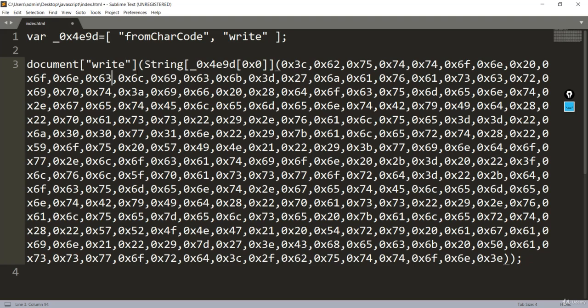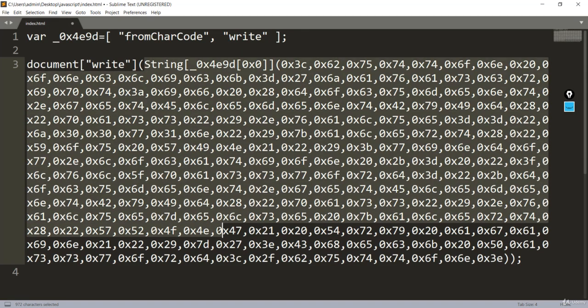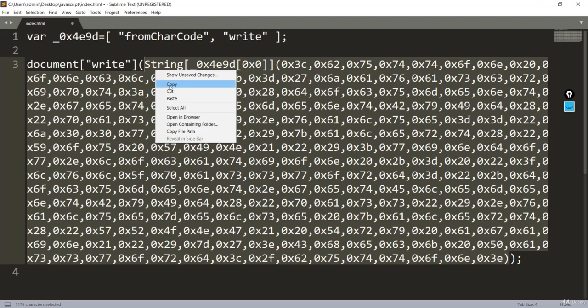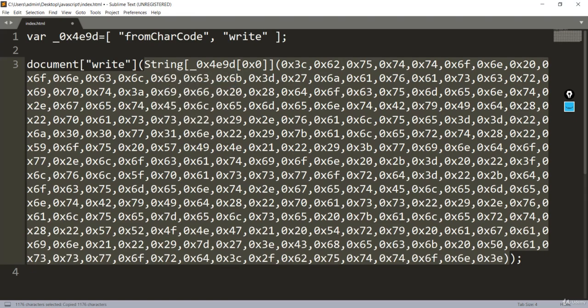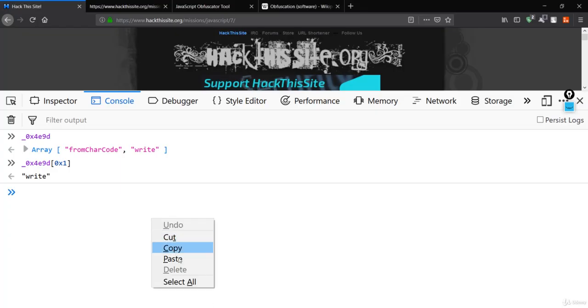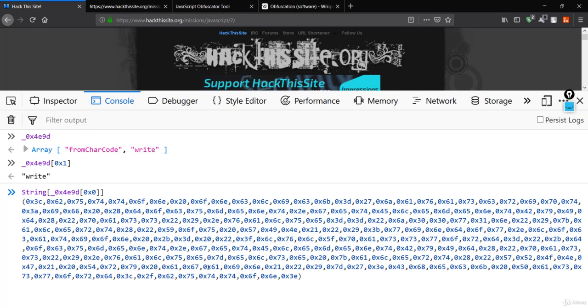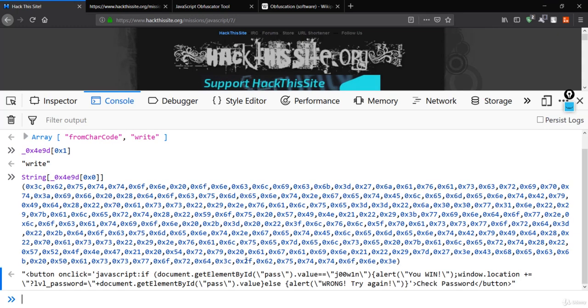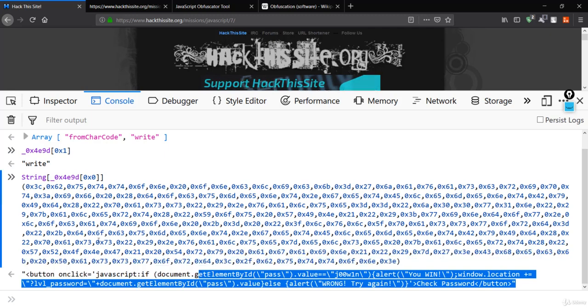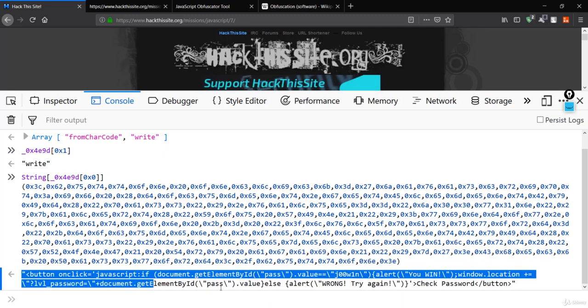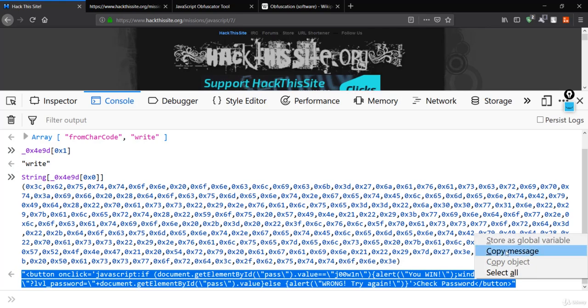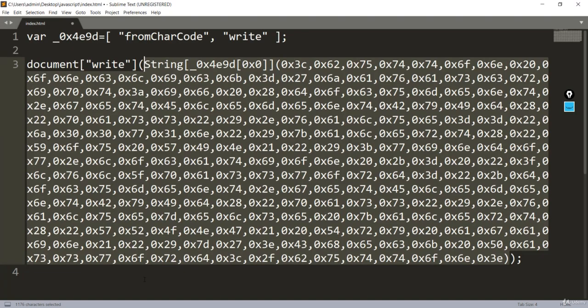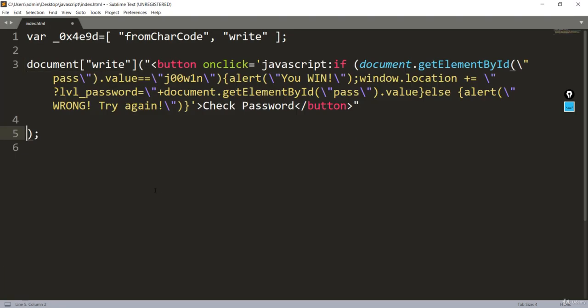And after that we have this string. Let me grab all of these from here, up to this. Let me copy, go back here, and paste all of these. That is your string. Let me hit enter. Okay, so we are getting some of the JavaScript code over here. Let me grab this code and copy the message, go back to Sublime, and paste it over here.